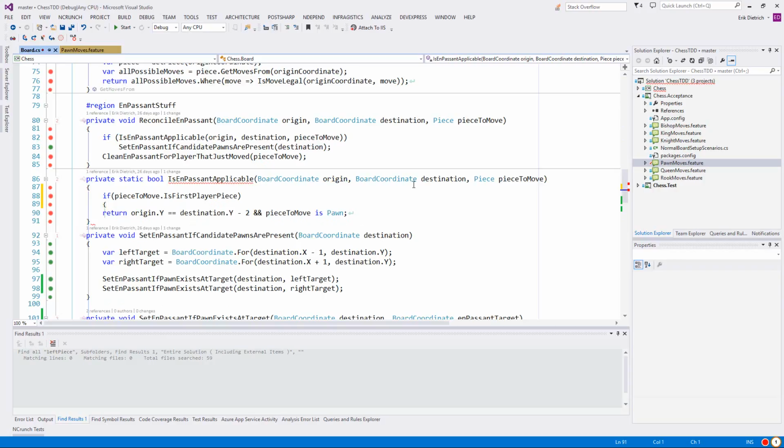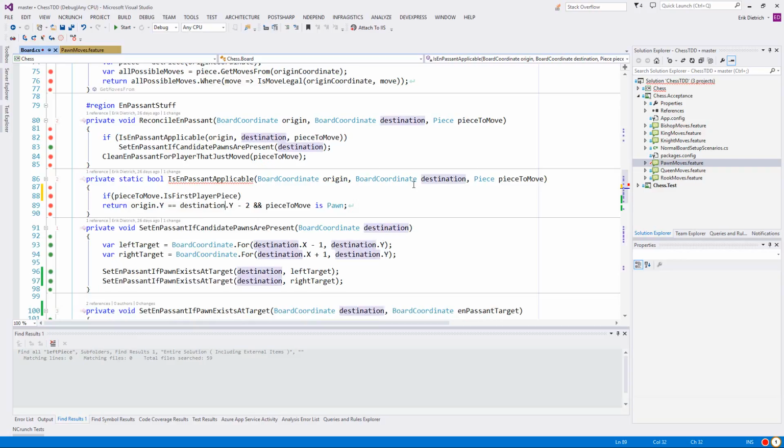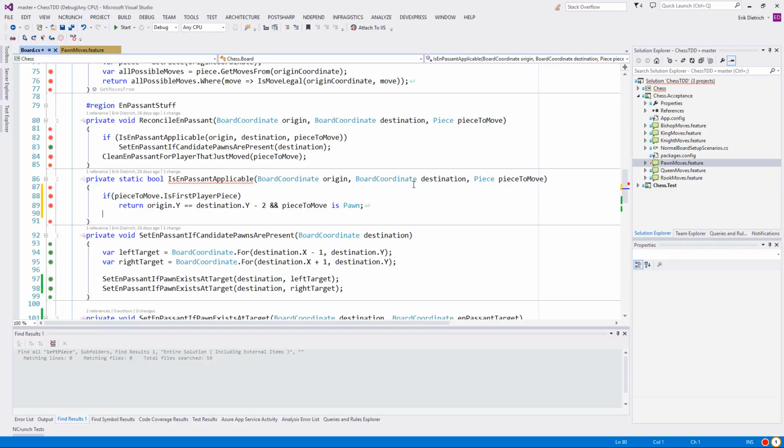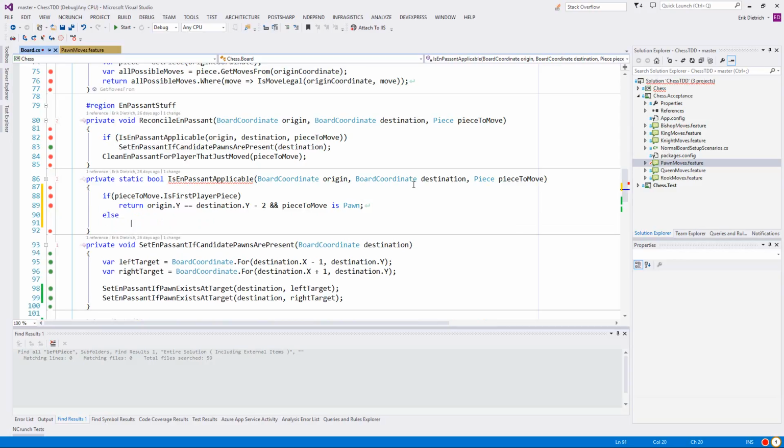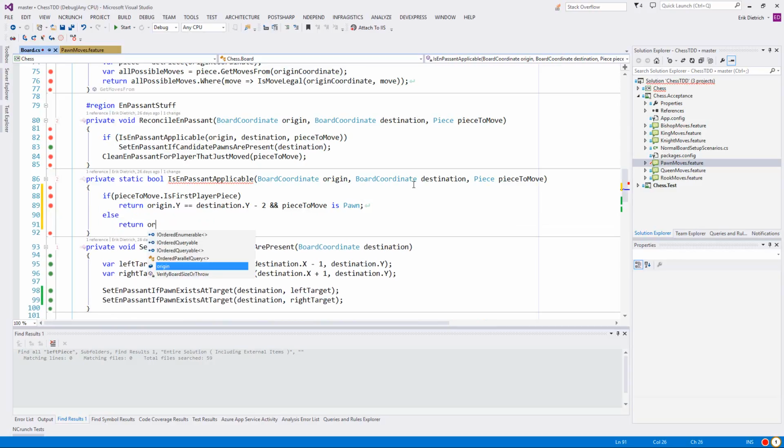So if this is truly the only place that I'm concerning myself with whether the Y movement is forward or backwards, then, hey, maybe this is the only place that I need to make any changes. At the very least, it's a starting point. So what I'm doing here is pretty obtuse at first, just because I don't want to get cute and risk getting it wrong. So I'm going to put this if conditional here. Now, all we've been worried about up till now is the first player piece. So I'm going to guard, and then I'm going to have this else condition where I go in the opposite Y direction. And sure enough, that